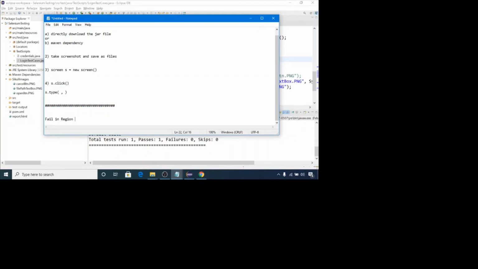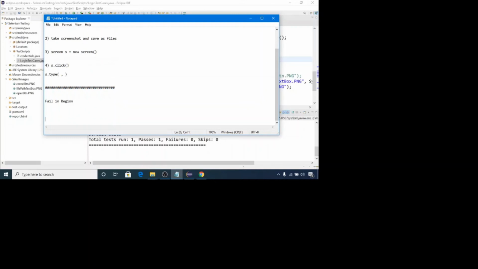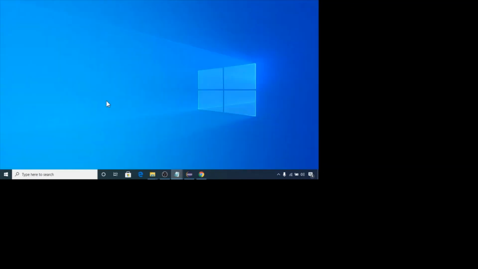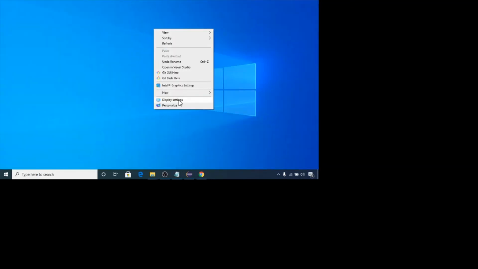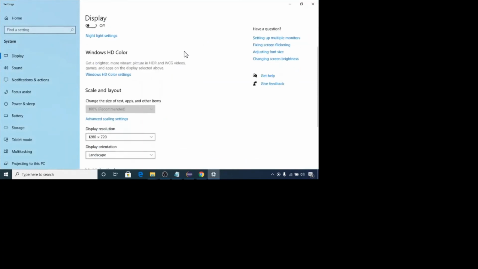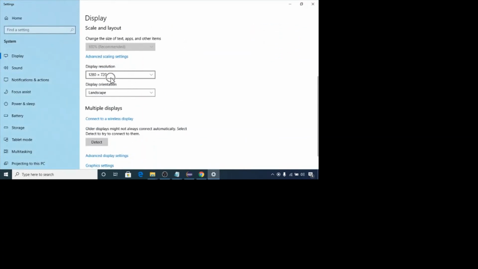I explicitly kept my screen resolution at 1920, and that's why it failed. To use Sikuli and capture the screenshots, the required resolution is this one. Let me show you the display setting. This is the required resolution to take the images.